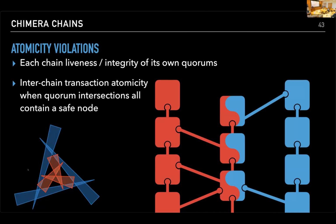Well, I guess my question was similar to yours, Christian, but I was wondering if there's a designated chain to manage configurations, basically. But you said there's an asynchronous protocol instead. There's not a designated chain for managing that. So instead,